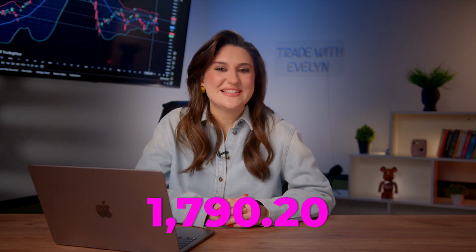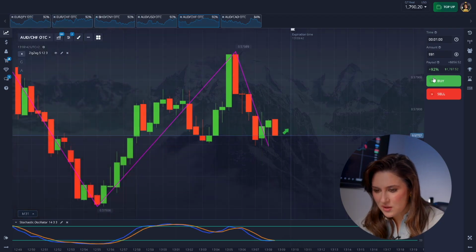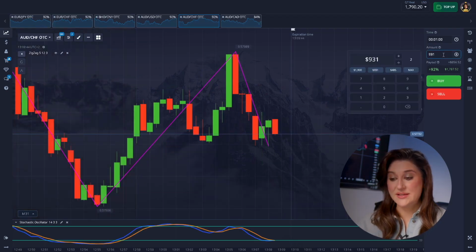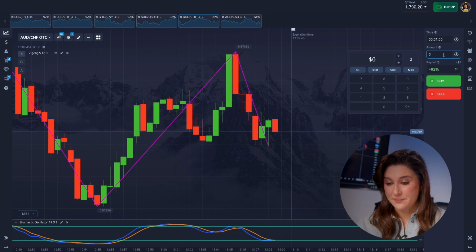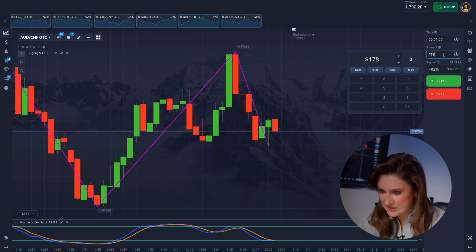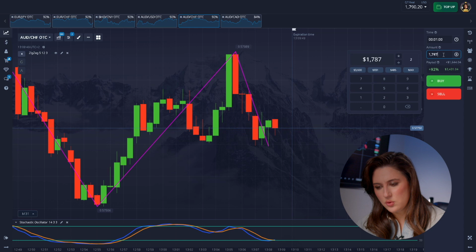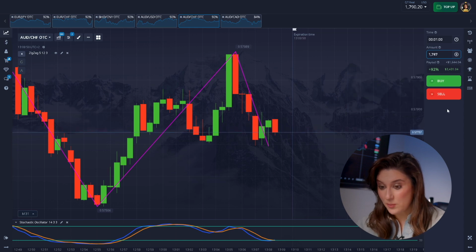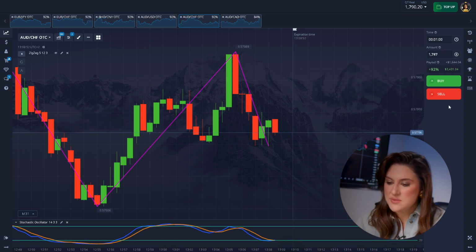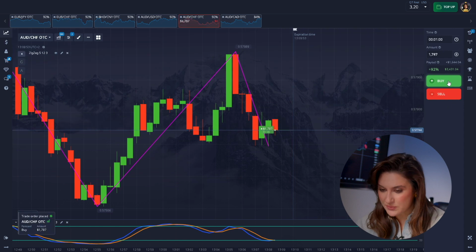All right, friends, let's do a couple more. Let's go here. I see we are approaching a key zone that influenced price before. At this moment, one of the indicators is deep in its lower range and starts turning upward. This kind of setup often becomes the starting point of an upward move.